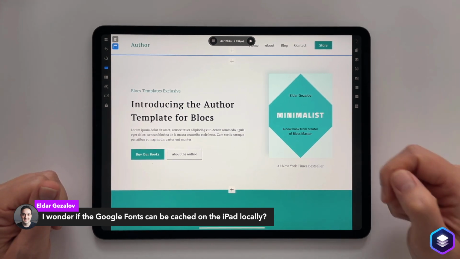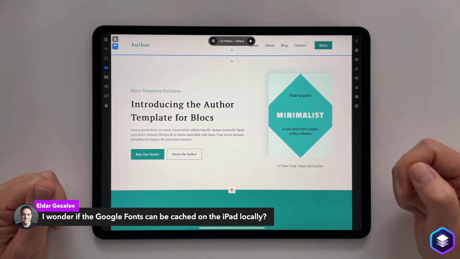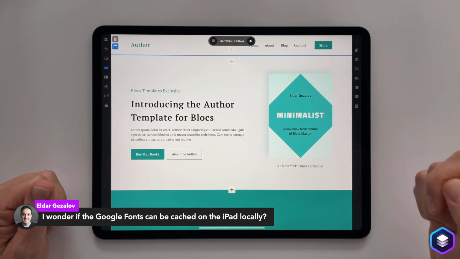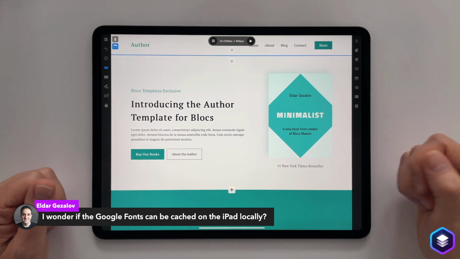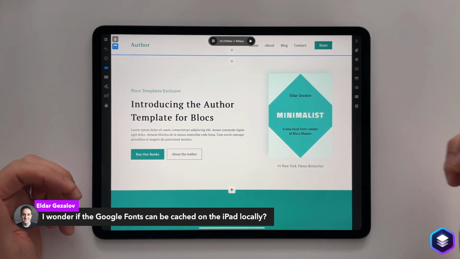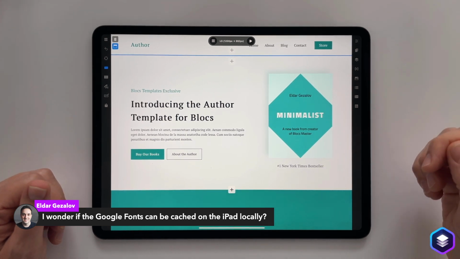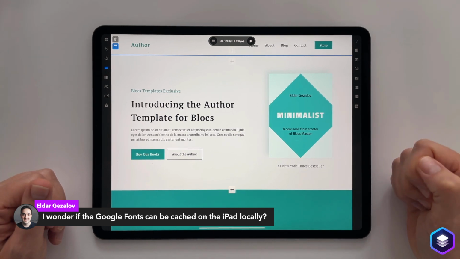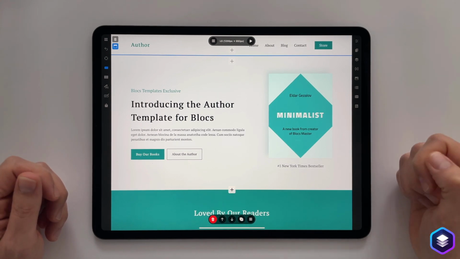further. But as you know, the way we develop Blocks is we take a huge amount of inspiration and a huge amount of feedback from our community. So we will absolutely do our best to make the experience on the iPad as powerful and the best it can be. And if that means adding the ability to install and cache Google Fonts, then we'll absolutely do that. Okay, so back to the block bar.